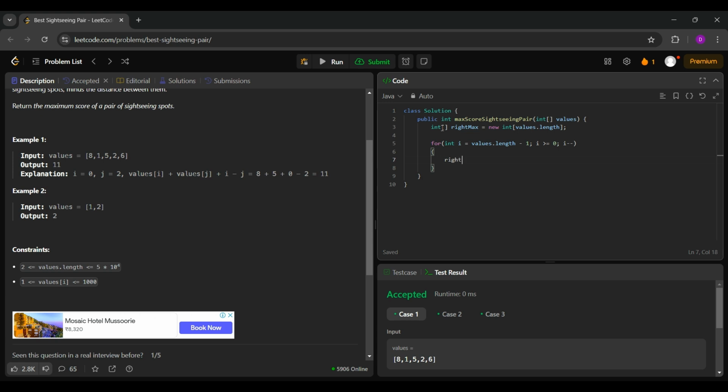Okay. So rightMax at I, sorry, I will just initialize the rightMax once, because if I try to do Math dot max of rightMax of I plus 1, and then we also need to do values of I minus I, this will give me some index out of bound error, so I will just start from length minus 2 and I'll just initialize the array